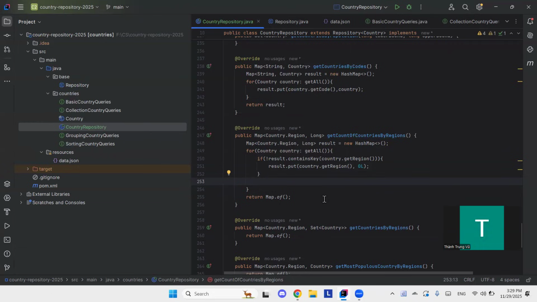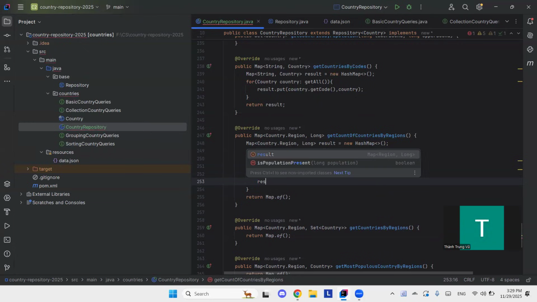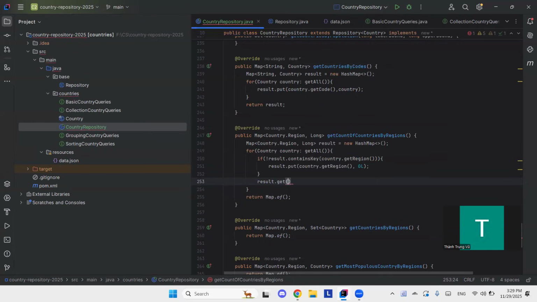So the country count automatically goes to 1. So we have to do result dot get, because we're getting it now. After we put in, because after the if statement runs once, it will never run again, because it only runs when the region is not in the map, which after the first time, most of the regions will be in the map. So we have to get that region again by doing country dot get region, and then this is gonna get the value,